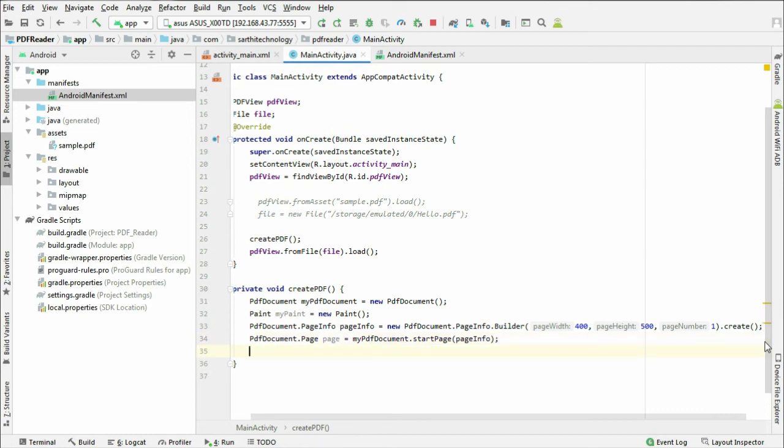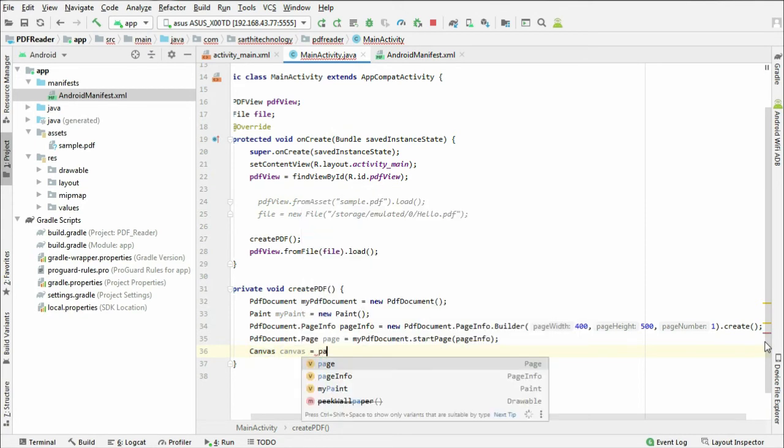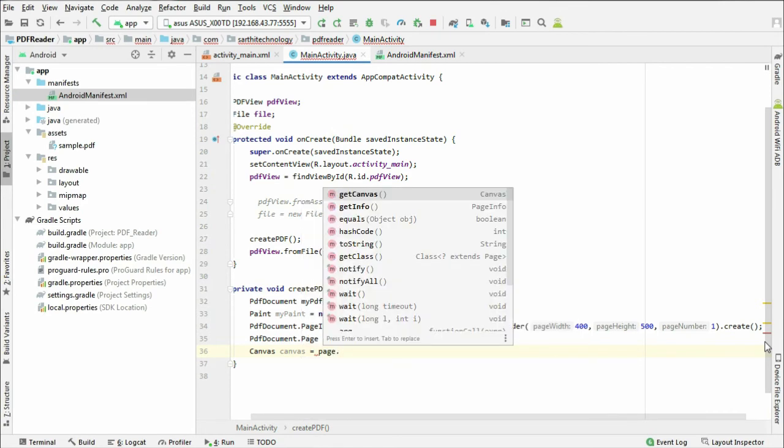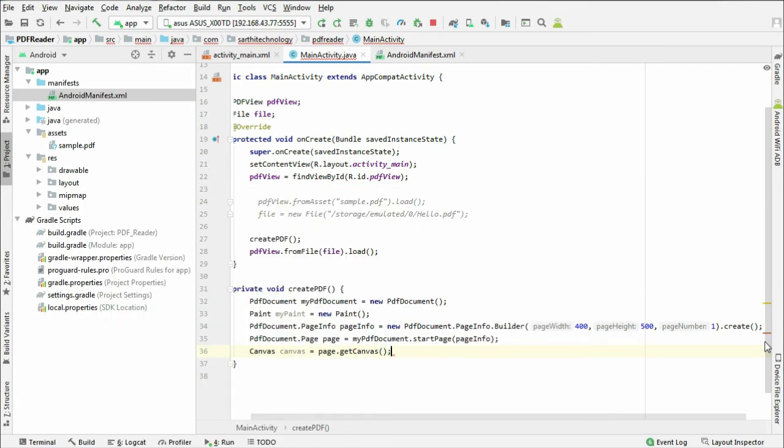Again, create a canvas object. Page dot get canvas.